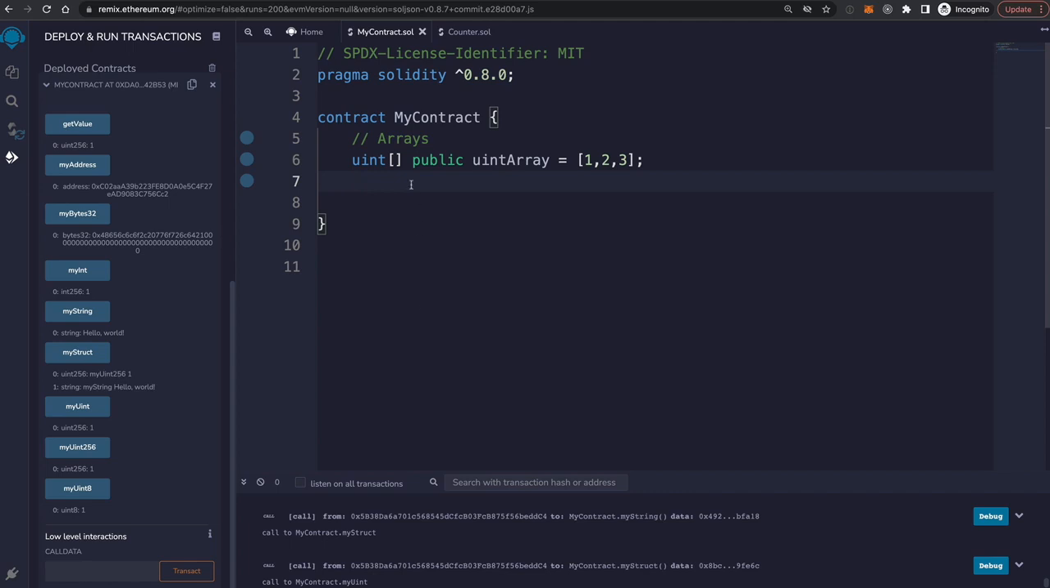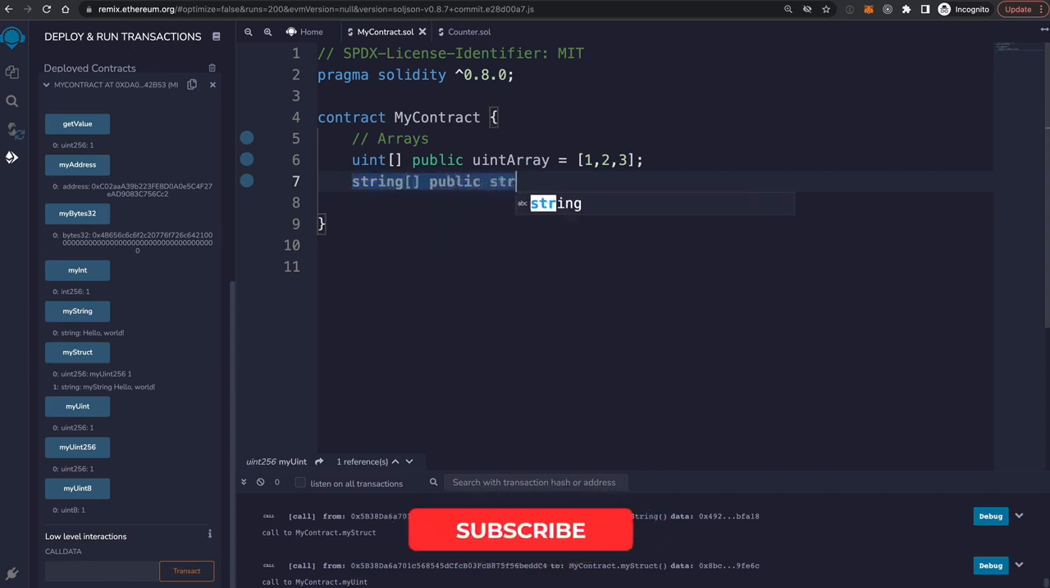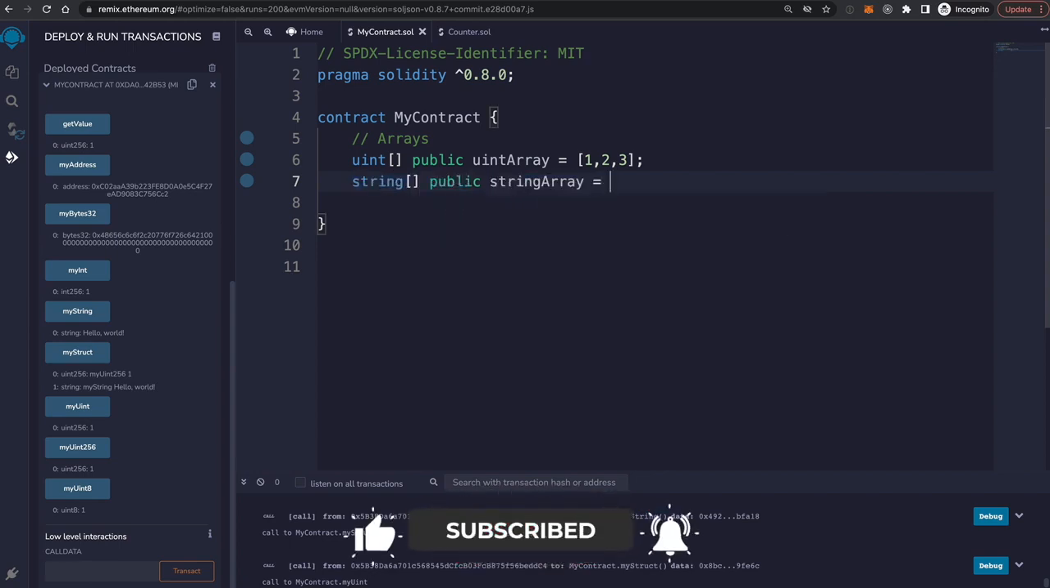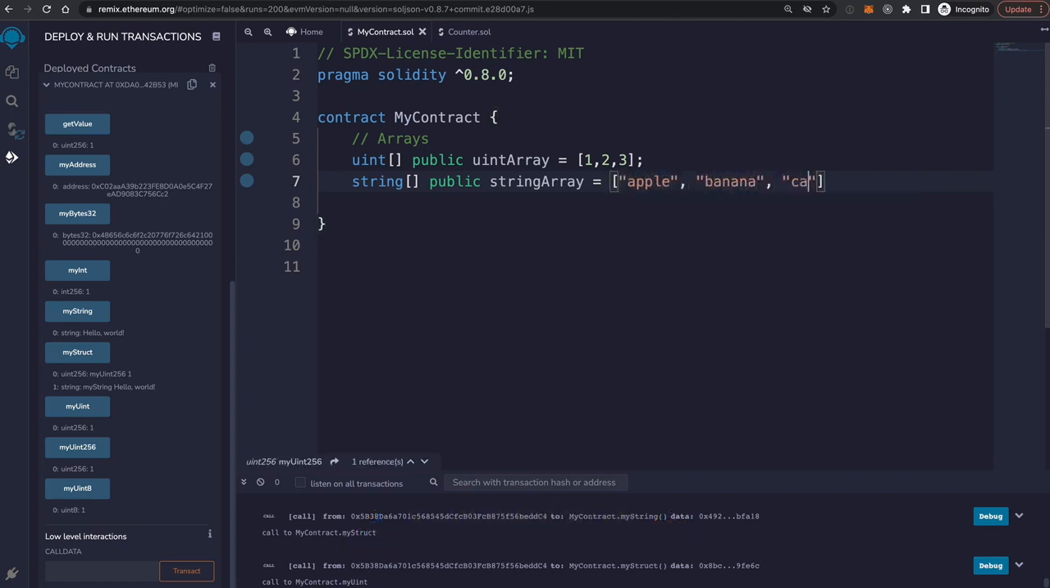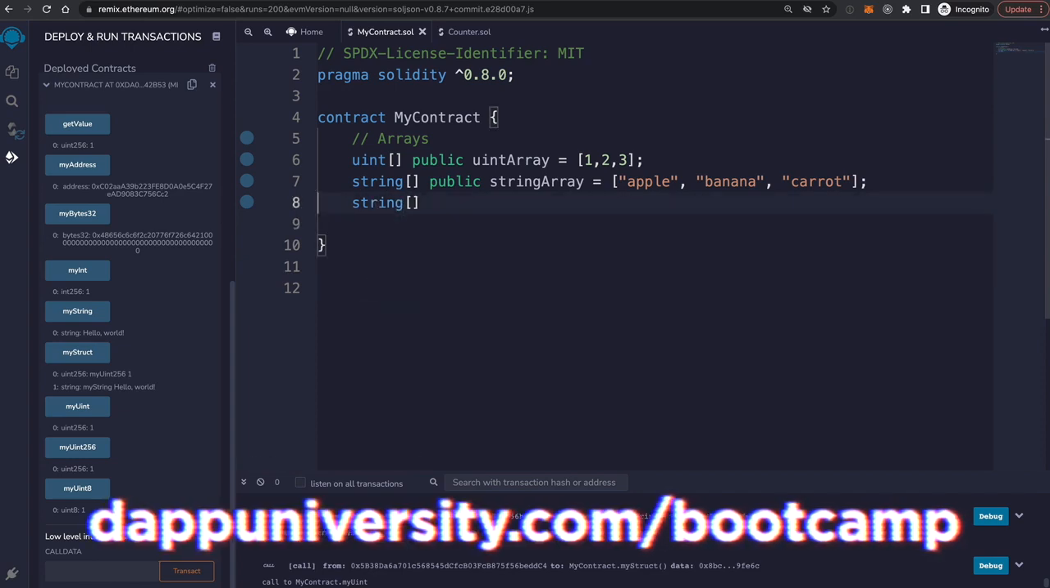We can also create arrays of different data types like strings. We could say a string array, and then give it like this and say public string array. Okay, and then we can say apple, banana, carrot. So this is another array, it just has a different data type inside of it. You get a string here. We can also just create new arrays that are empty. We can say string array and say public,